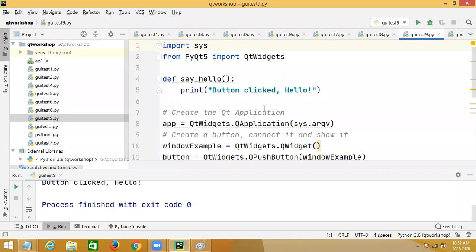These are very big chapters, but I've just given a brief idea about how to work with Qt5, how to work with the different widgets, and how to handle events by using signals and slots.